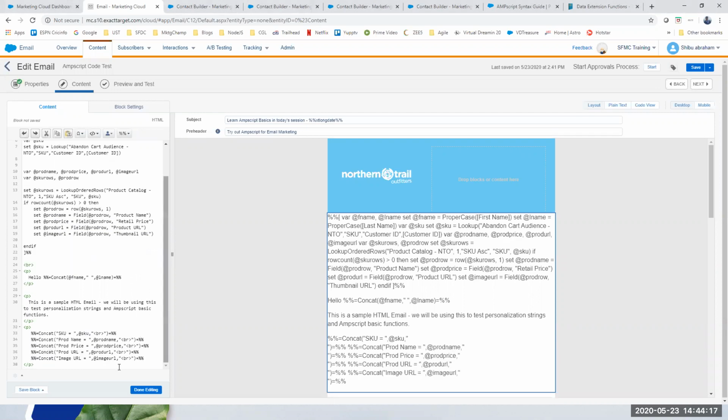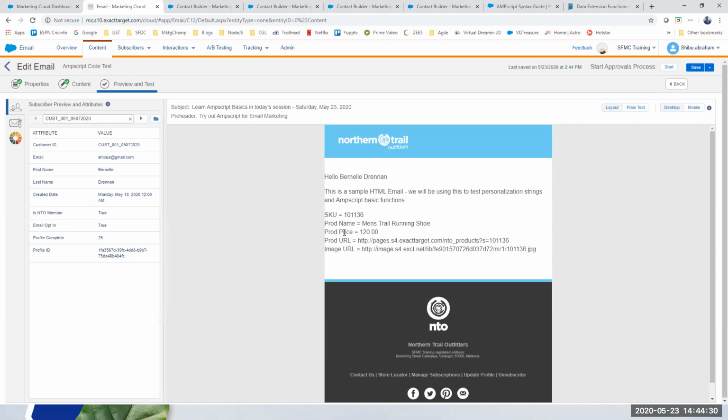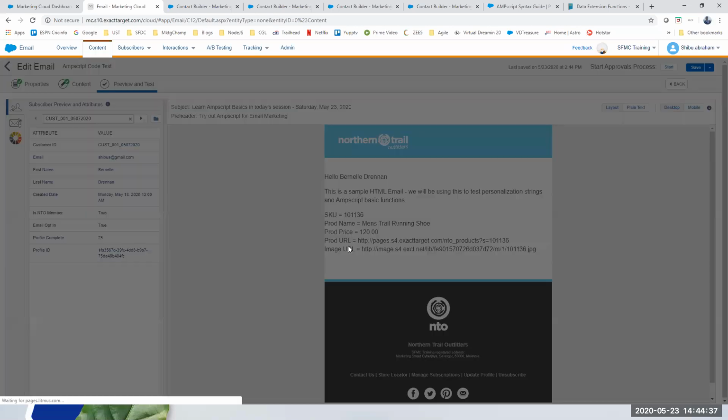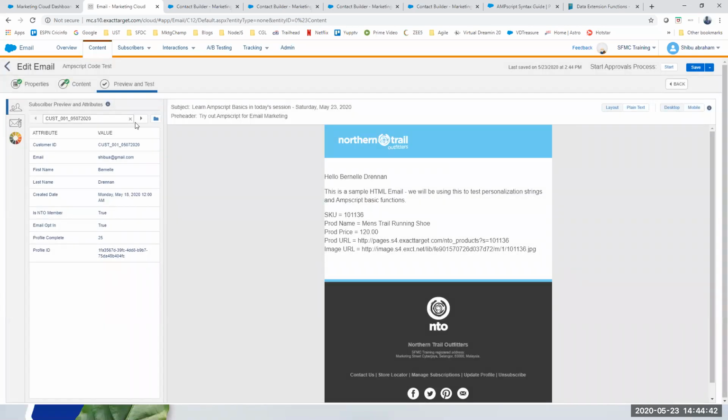Okay, so I put the output concatenation value here using inline. And if I click next, okay. So for the first person, you can see this is the SKU, and then automatically it went and actually took the values from the product table. Okay, continue. It took the values from the product table. So now if I cycle to the next customer, depending upon each different SKU, it will show me the different values for those as well. Okay, you can see the values actually changing.